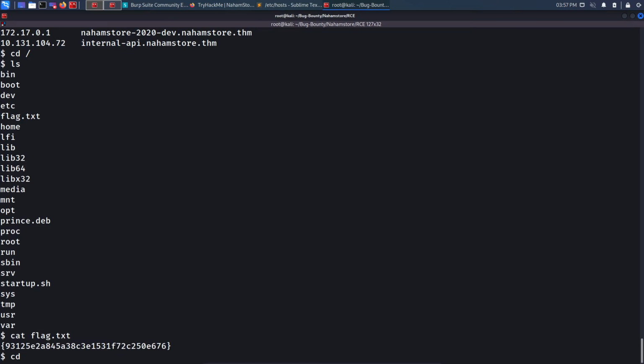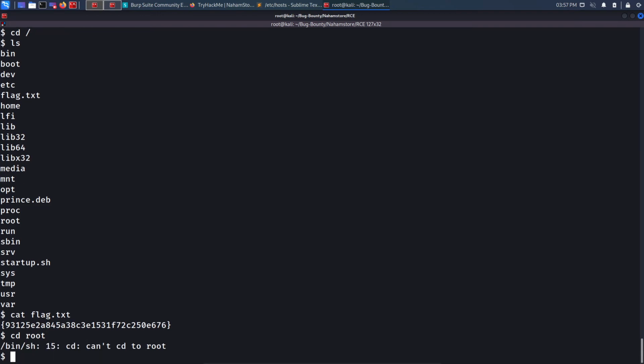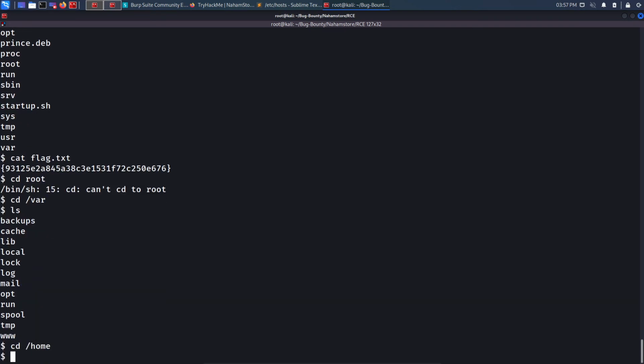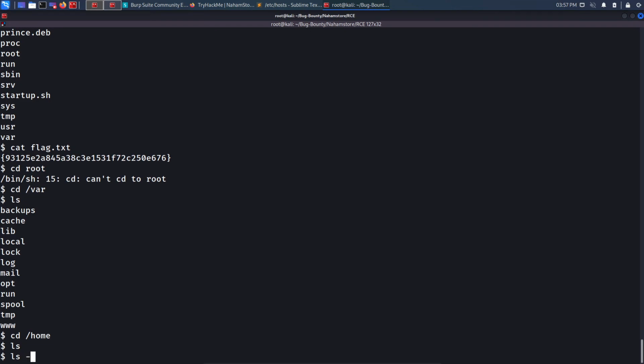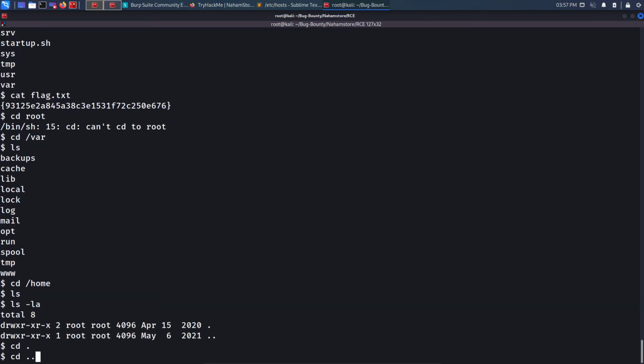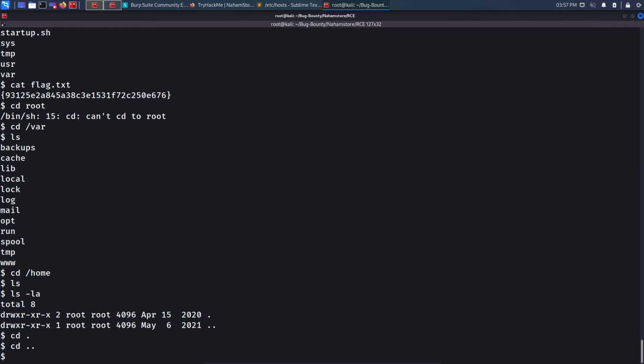So cd into, let's do root, permission will be denied. Then let's go into the home directory, because the home directory might have some flags. So ls -la, nothing in the home directory. Then I can look for flags on the system. So I can do find in the / directory with the name of flag.txt, and I will pipe it out to